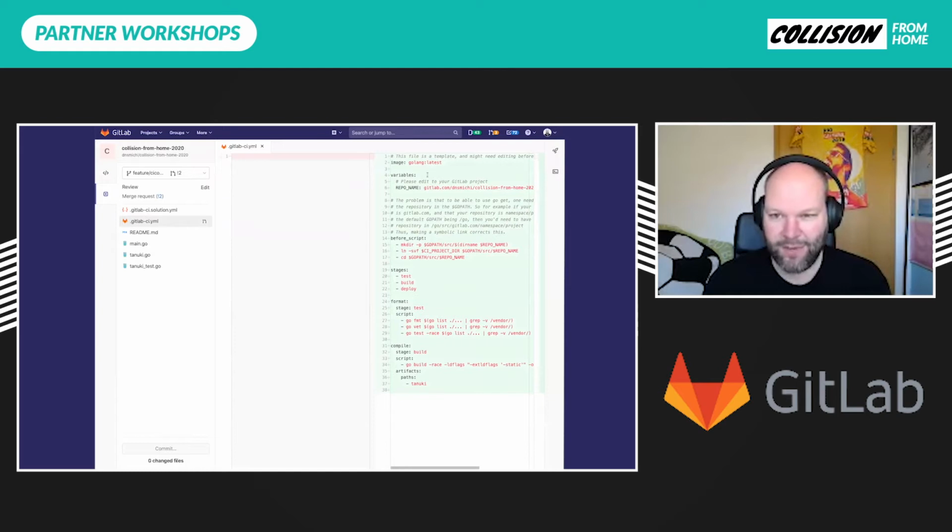So the thing which happens here is it pulls the Golang Docker image, prepares something for building the Golang environment, and then it defines the stages. So first off, there's a format job which runs in the test stage. Then there's a compile job in the build stage. Whenever the test stage completes or continues, the build stage will be fired. In our case, Go vet,